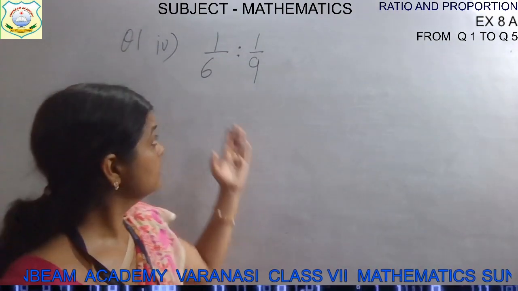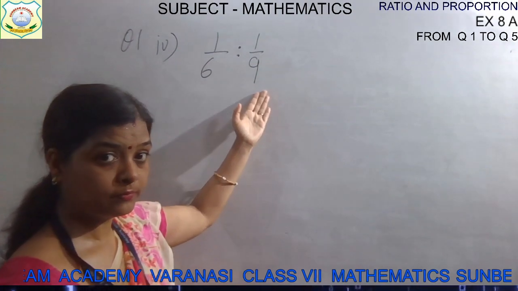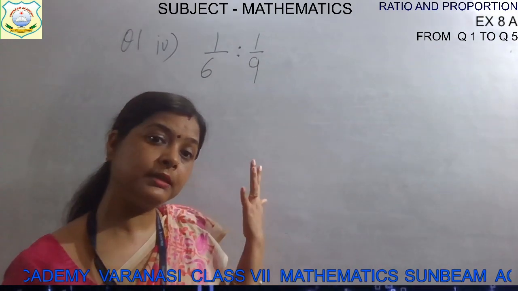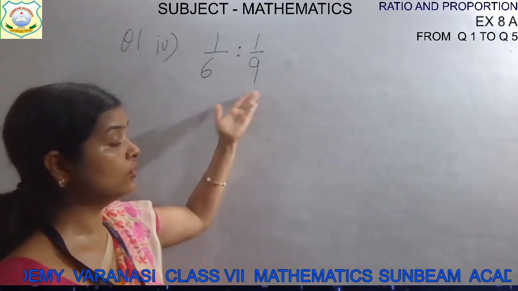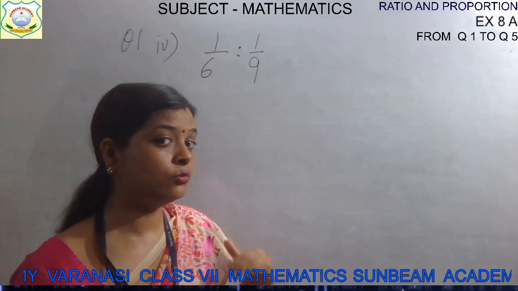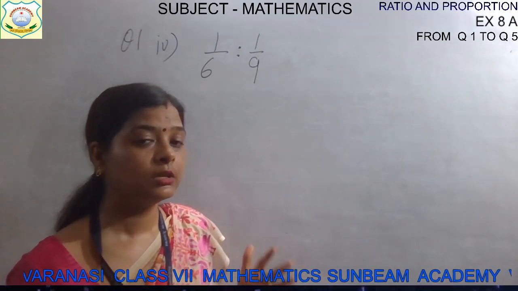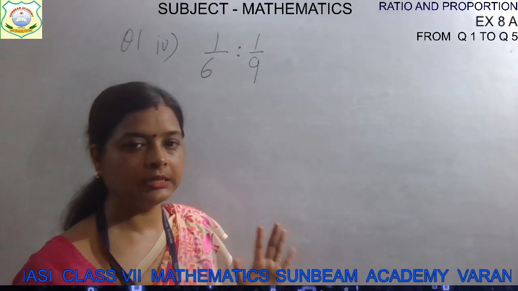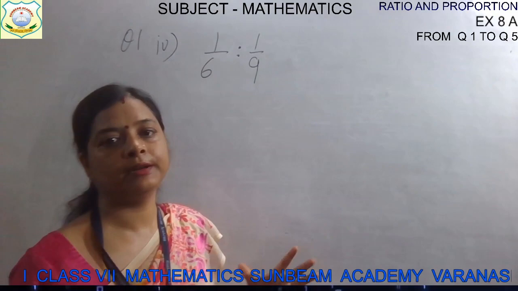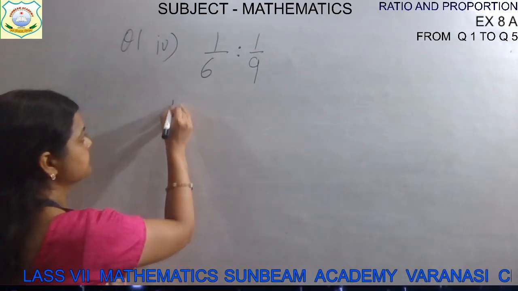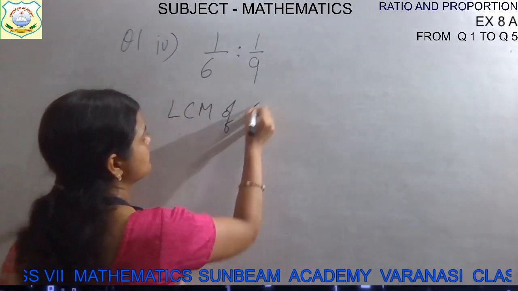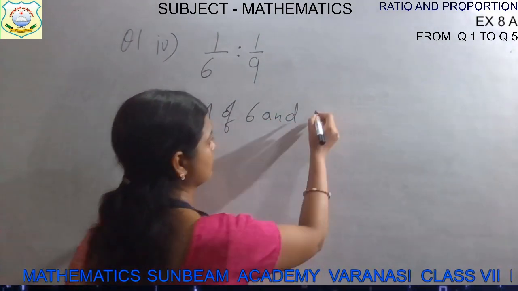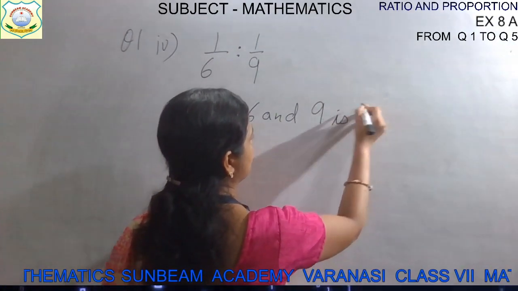These are in fractional form already, and they are in the ratio. So children, how will we simplify it? Just remember the previous questions. If there are denominators and you do not need those denominators, what will you use? You will take their LCM and multiply it to both. In this way you can simplify the denominator forms. Okay. So LCM of 6 and 9 is 54.